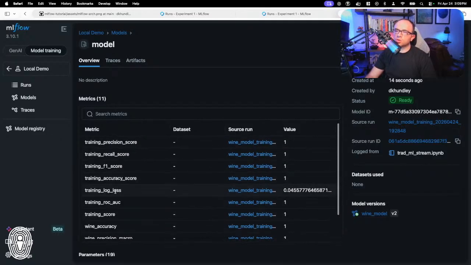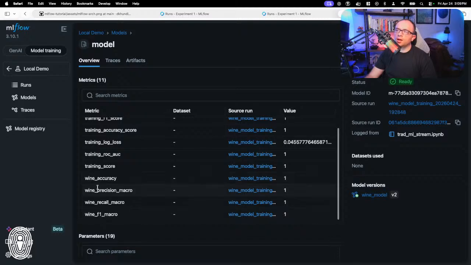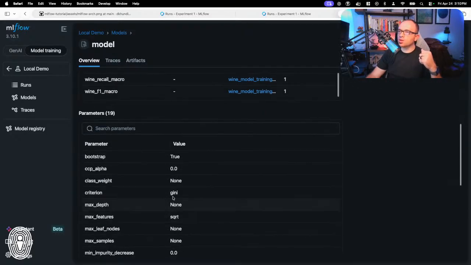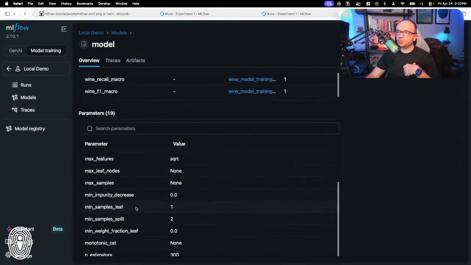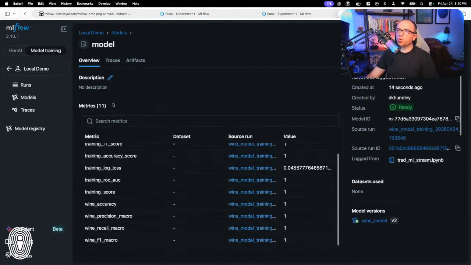And then we can see all the different stuff that we were looking at before. Again, autologging has captured some of this stuff for us already. And then we also had our various values that we logged here. Again, I just want to highlight one more time, we're not trying to produce a perfect model here. The reason I note that is it should be fishy to you that all these values are 1, because they're fishy to me for sure. But again, that doesn't matter for what we're doing here. We're just demonstrating how MLflow works. We've got all the different parameters that were logged here, including ones that we didn't even touch. These are just all the other default values associated with the random forest classifier.